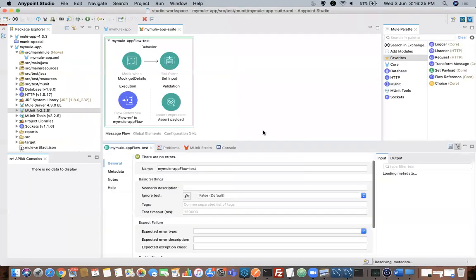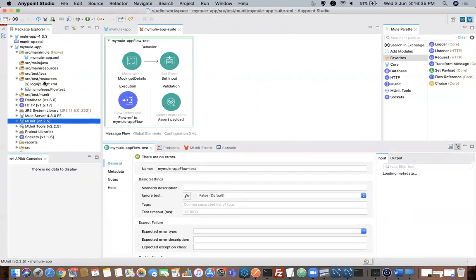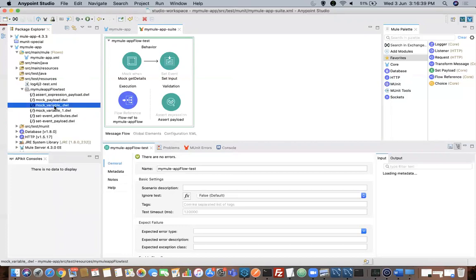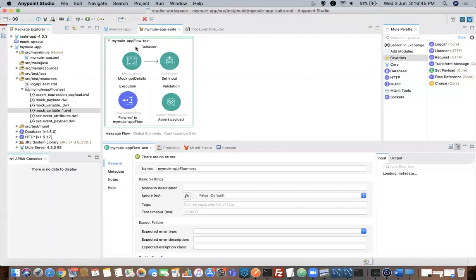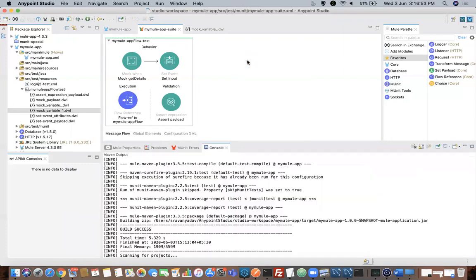Once you have clicked on finish, you can see there is an automated test suite created for you. No coding that you are going to do from your side. And also, if you go ahead and check in src/test/resources, there are many sample inputs and outputs over here. This is how you can generate an MUnit test suite using 4.3 Mule runtime with Anypoint Studio 7.5 version. Why don't we go ahead and run the MUnit test suite?